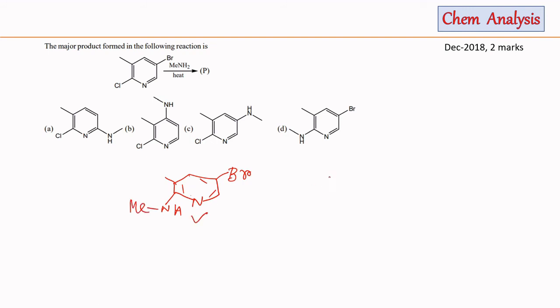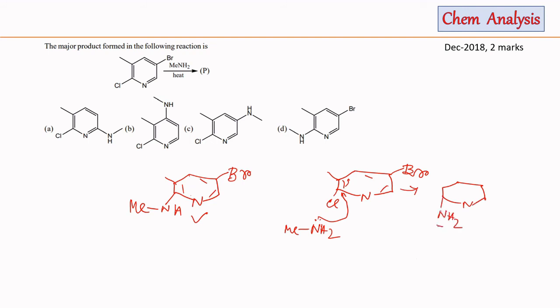And if we draw the mechanism, in the first step, when the amine attacks at this center, it will be plus, here will be an anion, and that anion will be conjugated through the ring through resonance, and in the last step there will be elimination of this chloride ligand, and that chloride can abstract one proton from this NH2 plus moiety to form the corresponding product, that will be this one.